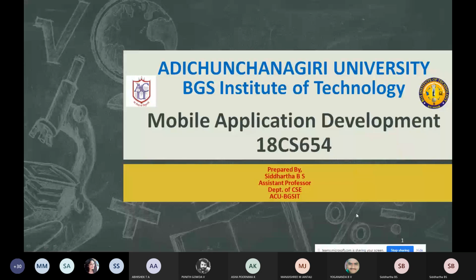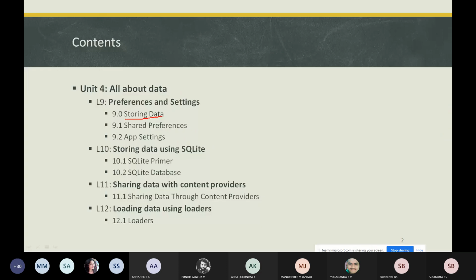Okay. Good morning, everyone. In these sessions, we are going to learn about how to store the data: the basic things regarding what is shared preference, what are files, SQLite database, what other storage options there are, how you need to back up, how it is going to work, and what Firebase is. So let's learn all these things. In this first chapter, we are going to learn about storing the data. As I said, we are going to learn about shared preference, files, SQLite database, other storage options, and how we need to back up the data and what about Firebase.